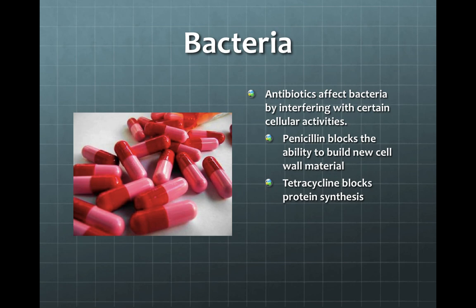Antibiotics affect bacteria by interfering with certain cellular activities. Penicillin blocks the ability to build new cell wall, so it can't build new ones. And tetracycline blocks protein synthesis, so making protein. This is more like how it works on a cellular level, because there's a million different antibiotics, and